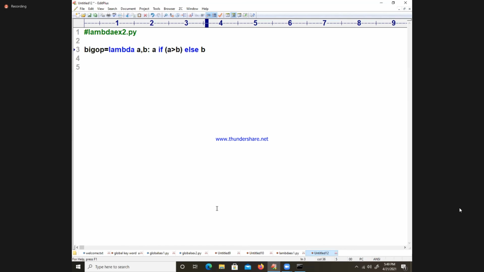What is this operator called? Mallesh is saying IIF. It is known as a ternary operator.